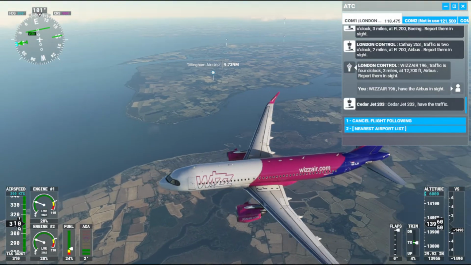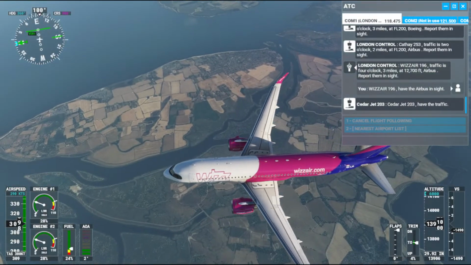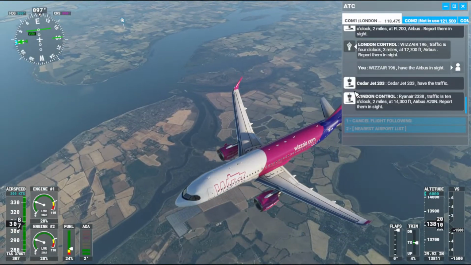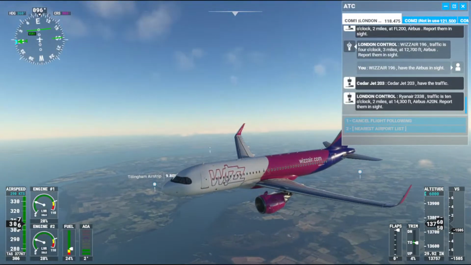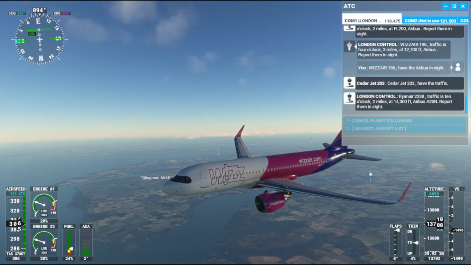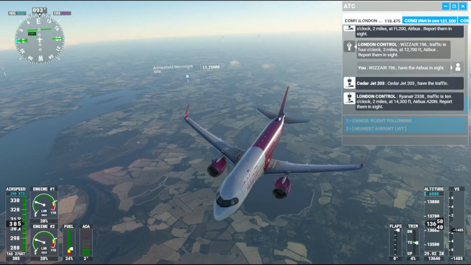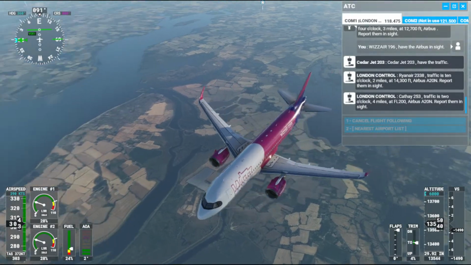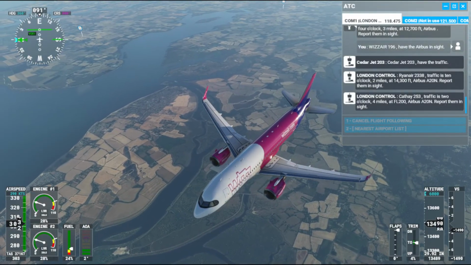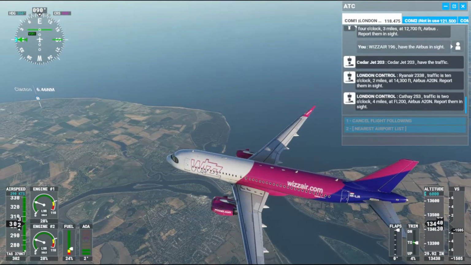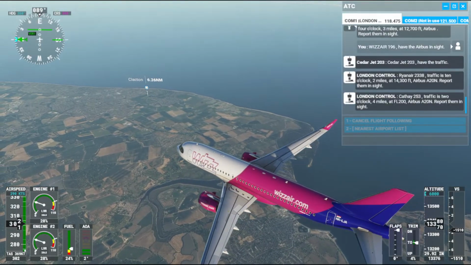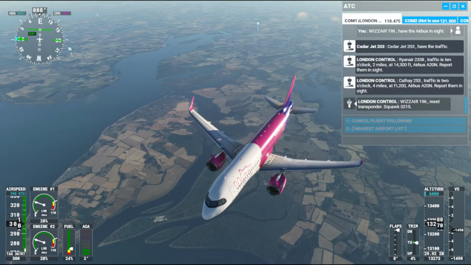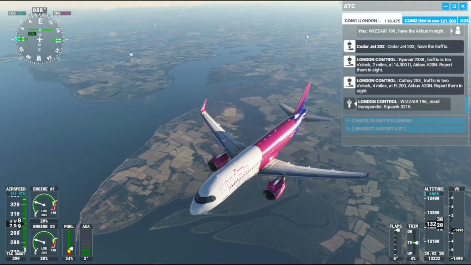Where is it, man? Leadership 203, got the traffic. Ryanair 2338, traffic is 10 o'clock, 2 miles at 14,300 feet, Airbus A320N. Report them in sight. Cathay 253, traffic is 2 o'clock, 4 miles at flight level 200, Airbus A320N. Report them in sight. Air 196, reset transponder? Squawk 02